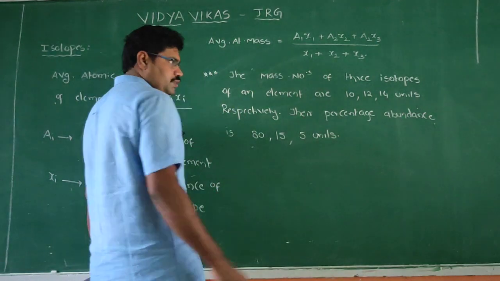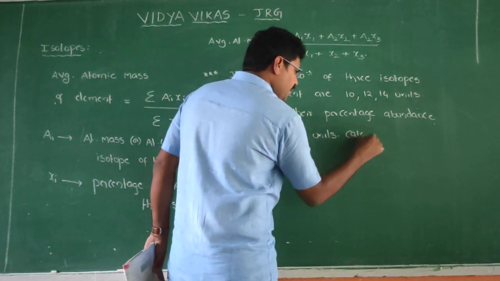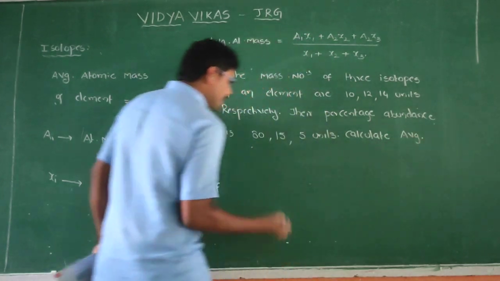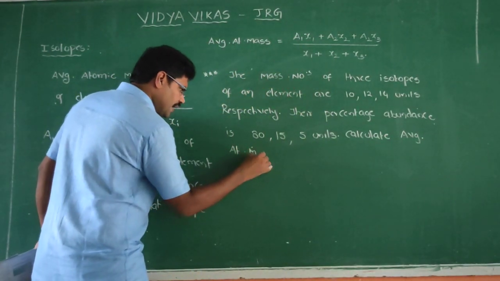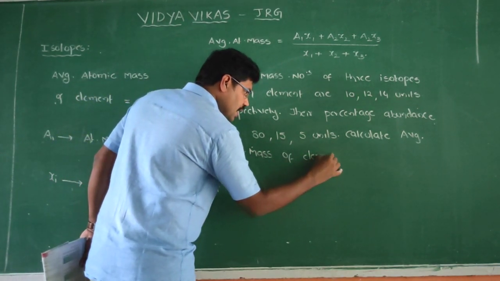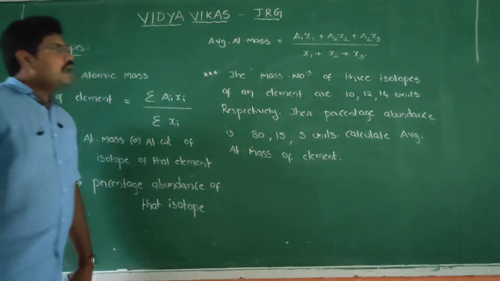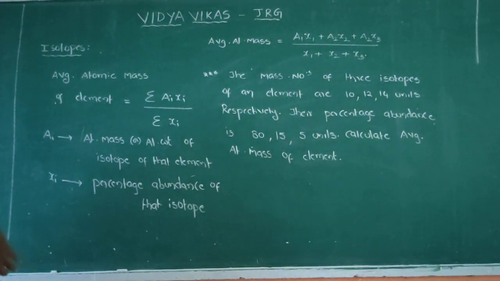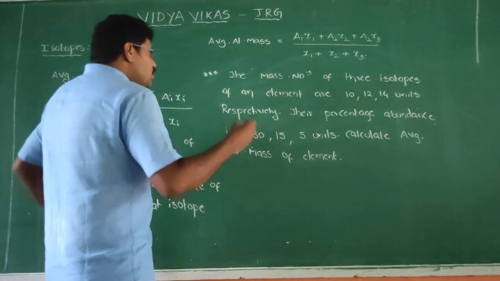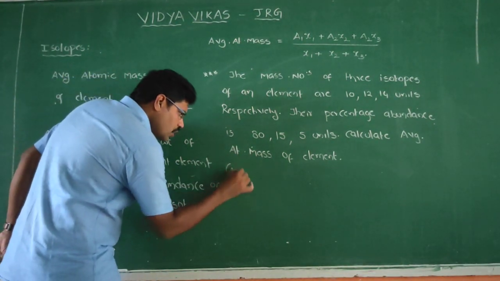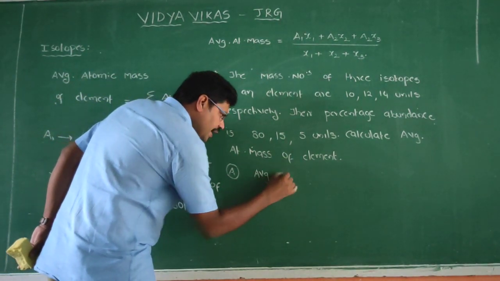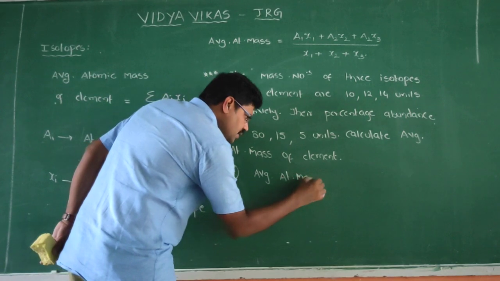Now the question is, would you please calculate, dear students, the average atomic mass of that element? Will you calculate the average atomic mass of that element? This is the question. Students, while we come to the answer, we have a formula for the average atomic mass,